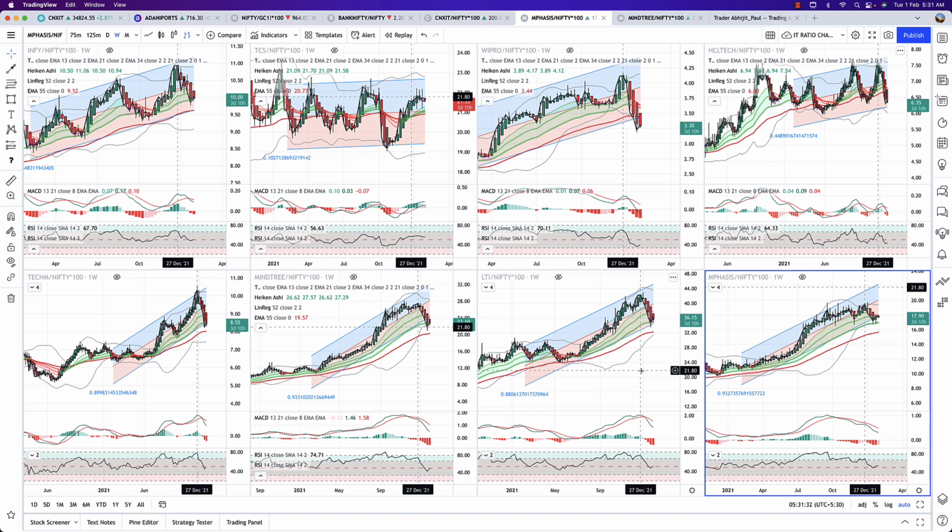And the takeaway from this discussion would be Infosys, LTI, Mindtree, Tech Mahindra, Infosys primarily, are the ones which seem really good. And we need to mark long-term supports for these stocks and slowly, in a staggered manner, start accumulating them.